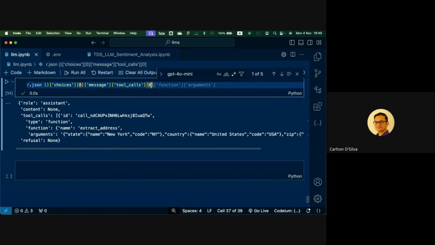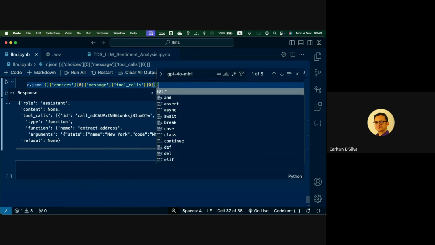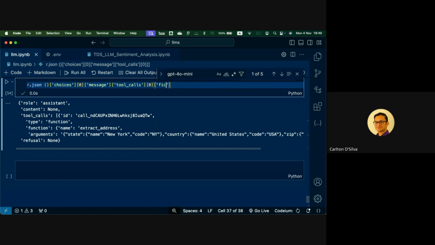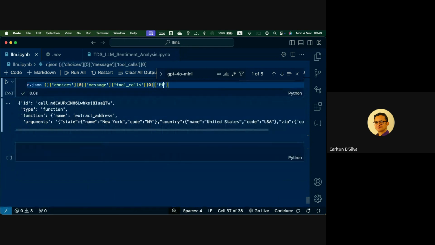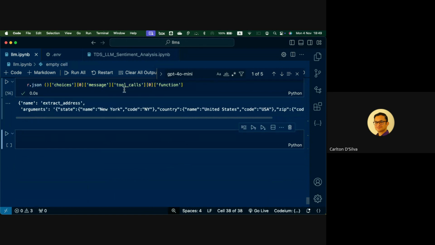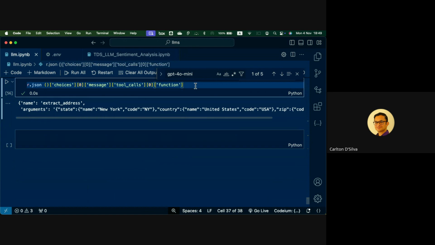In tool calls, we've got function, and then we've got arguments.